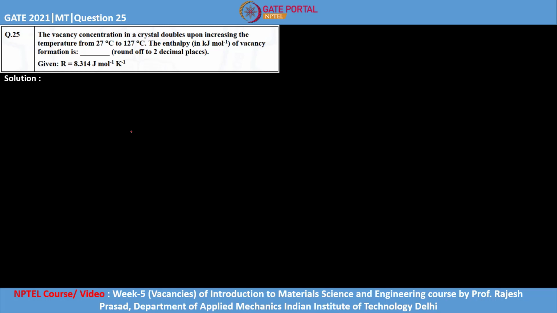So let us first understand the equilibrium concentration of vacancy. So how this concentration of vacancies varies by changing temperature. If you define this equilibrium concentration as NEQ, it will be equal to N into the exponential of minus delta HF upon RT, where